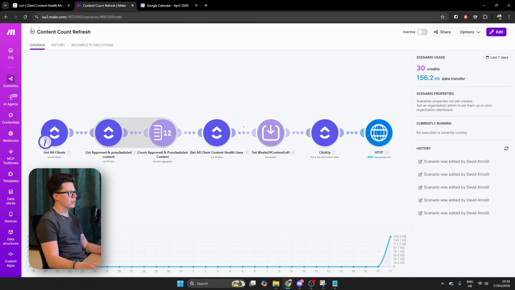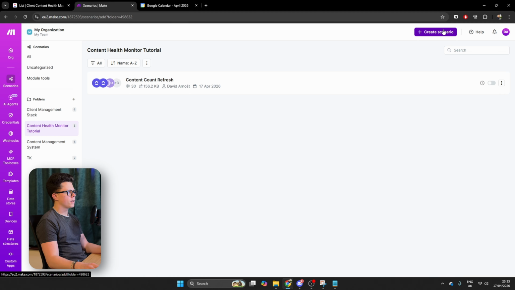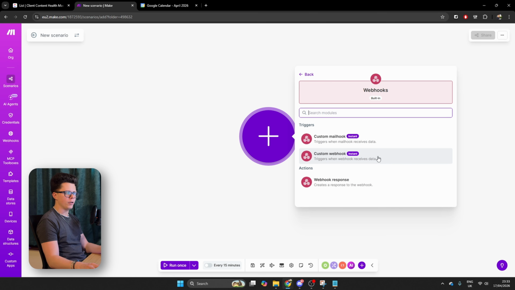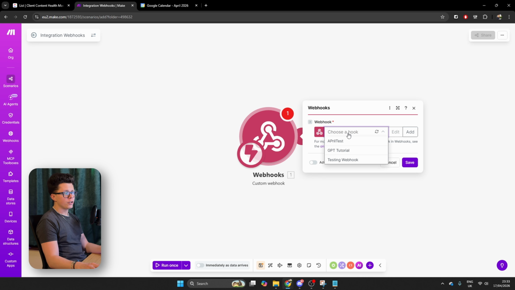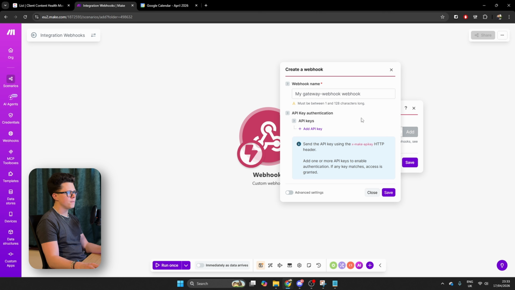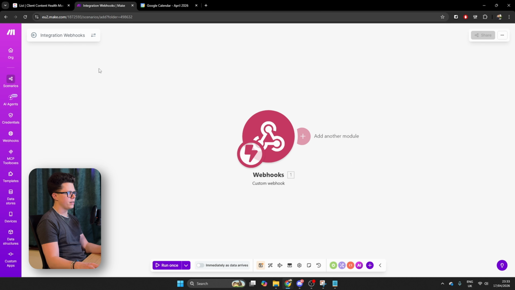I will go back and start creating my second scenario. So if I go back here, create scenario, and this one will be triggered by a webhook. So let's add a webhook module in, and I want this to be a custom webhook. You can choose a pre-existing one, but obviously for this instance, I want to create a new one. So I'm going to go add, and I'm going to say red alert tutorial. I'm going to save that, and you can see it gives me the URL. So I can just copy that to clipboard, save that here, call this red alert,